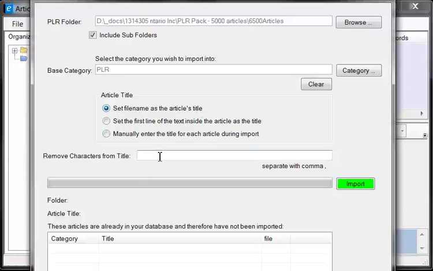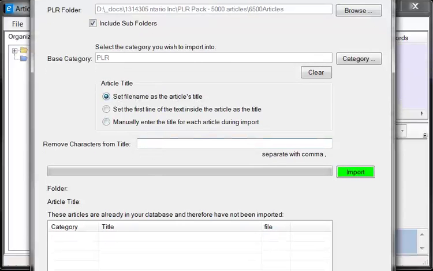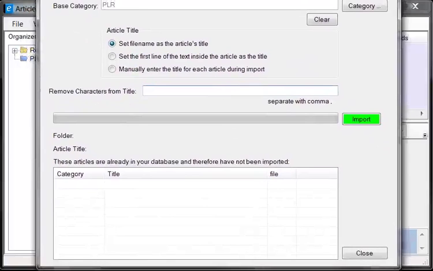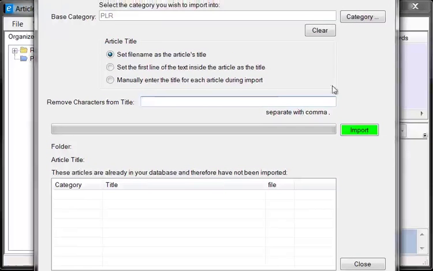Now another thing I noticed in the text files is that there's a lot of garbage data within the article itself. So here you can automatically remove characters from the article. All you have to do is separate them by comma. Okay, so you can do that, and then all you need to do is click on the import. So that's what I'm going to do. Okay, I'm going to click the import,